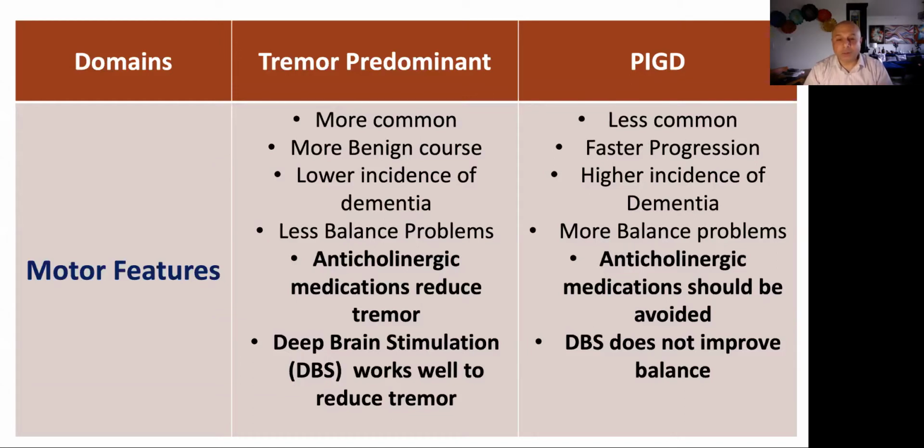So that's really important. Now, deep brain stimulation, which is the gold standard for surgical treatment, works really well to reduce tremor. And it was designed to reduce tremor. But unfortunately, deep brain stimulation does not work as well to improve balance, if indeed balance is the primary Parkinsonian disability, or the problem. So when we are counseling people who want to have deep brain stimulation, and they don't